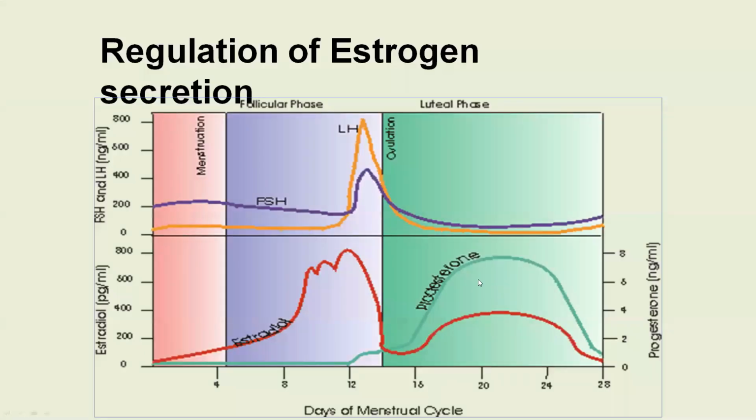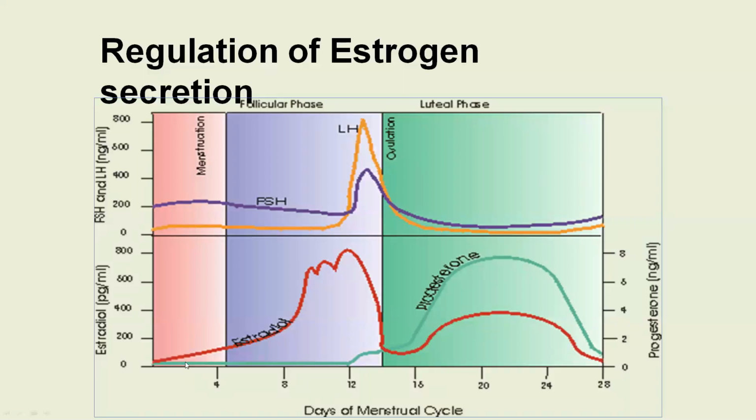Before going into the details of the preparations of estrogen, their uses and their adverse effects, let us go through the reproductive cycle which occurs in a female, and what the levels of the hormones are before ovulation and after ovulation, and what the gonadotropin levels in the body are before and after ovulation. So we'll just go through that.